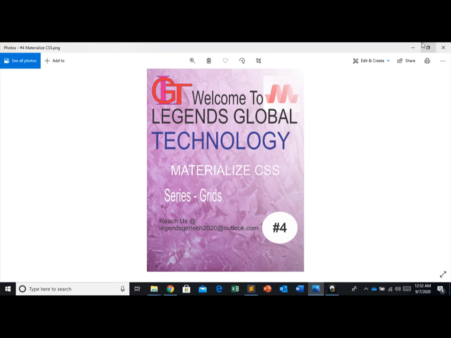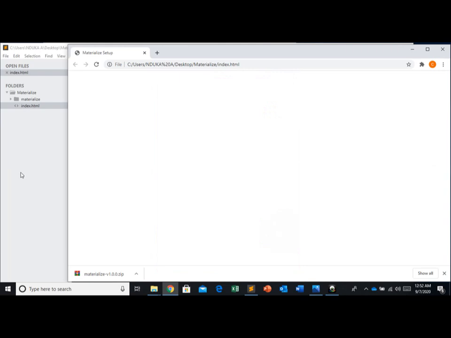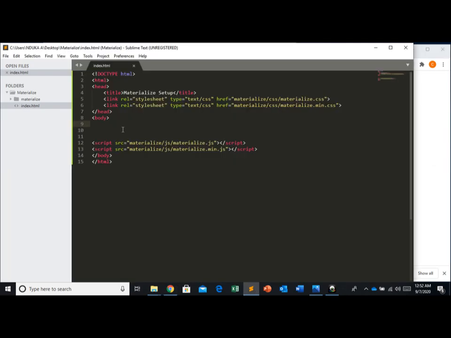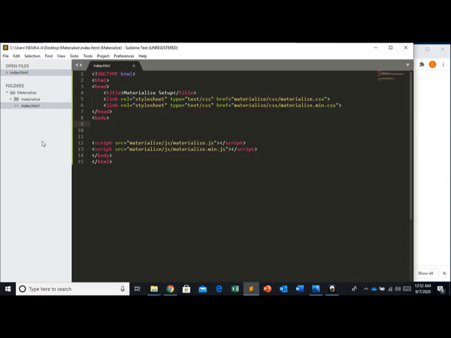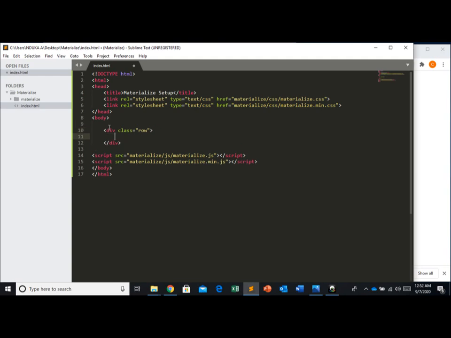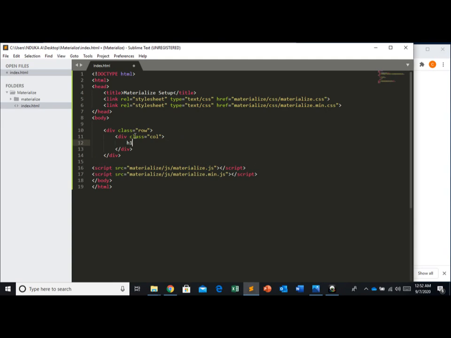So we'll be going direct to our code to see how effective this works. From our last place, I just erased everything we have, and as you can see, my browser is empty. I just adjusted it so that we see the effect. So the first thing I have to put is my div with the class of row. I create another div with the class of column. Another div with the class of column. So let me put my h1 in this place, h1, say materialize